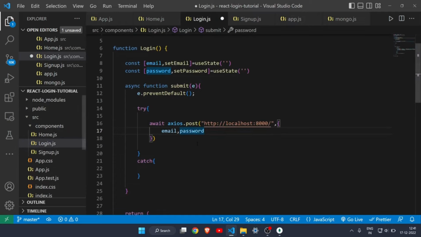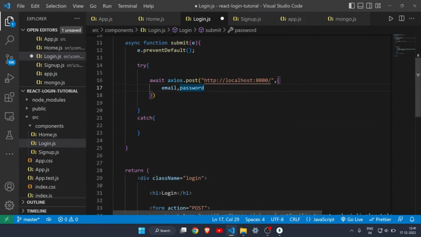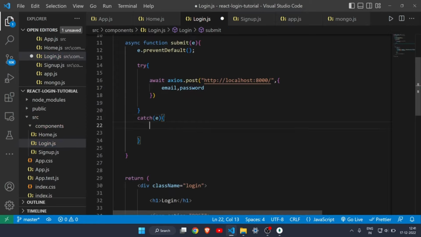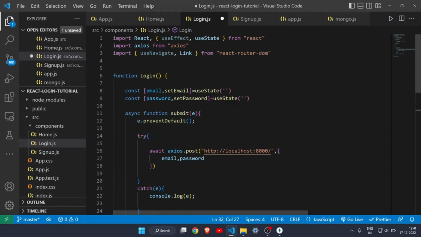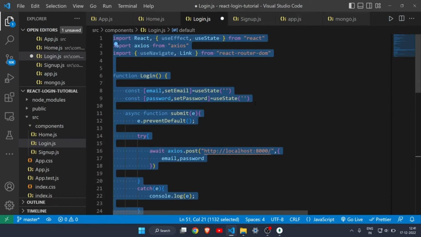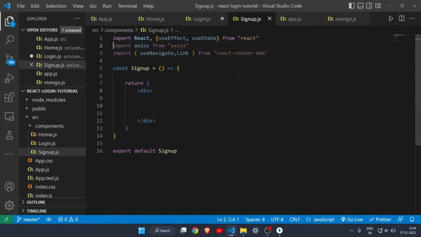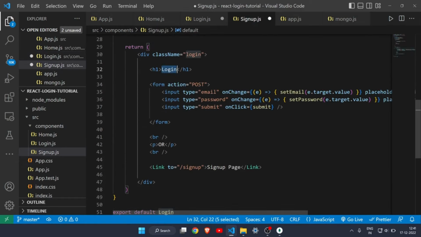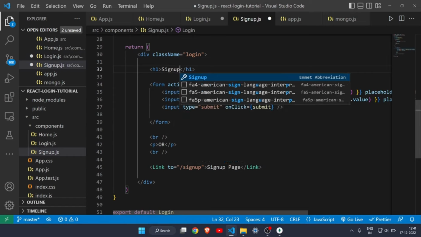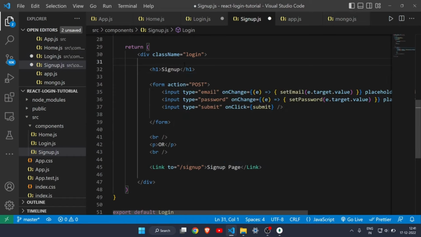Okay, so after doing this, let's define this catch here. I will write console log e. All right, that's it, and I think we are done with the login JS. So I will copy this whole thing and paste it here, and we have to make some changes. I will write here sign up, and